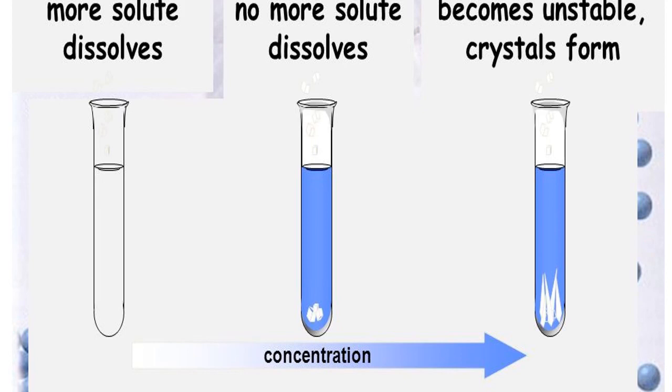So you can see in the first test tube more solute dissolves. In the second test tube no more solute dissolves. Solute means salt here. You can see in the test tube here no salt is remaining at the end. Here the color of the water is changing, it does not actually change to blue, but it is just indicated. So salt you can see at the bottom. Here more salt you can see at the bottom.